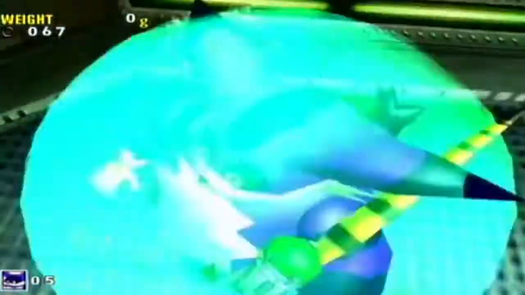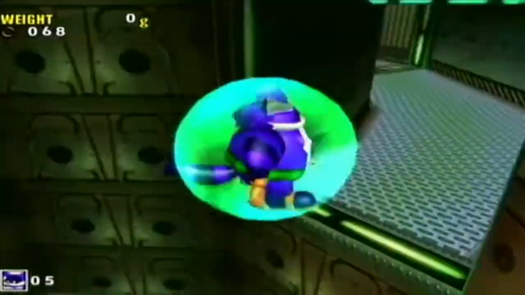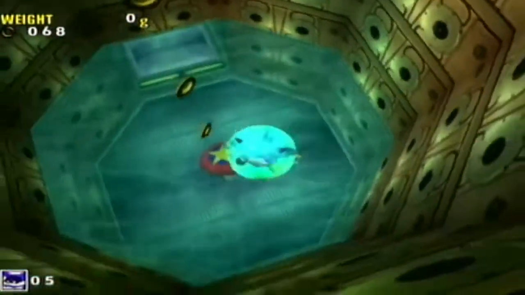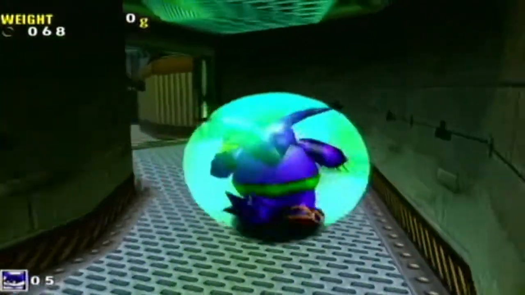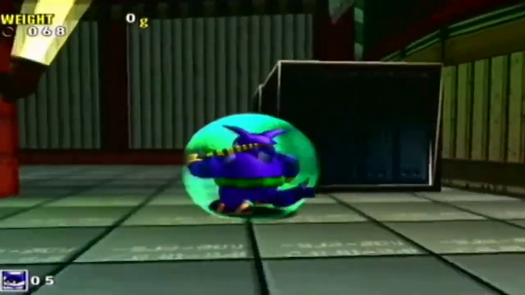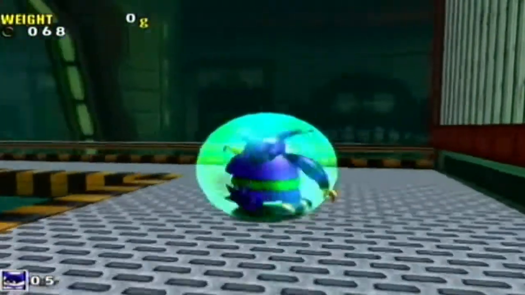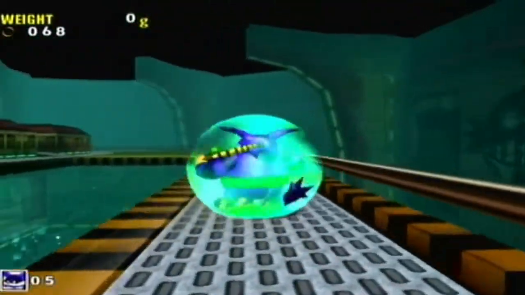Anyway, you go over here, and you're going to see me mess up a couple of times, because the physics on this spring are really weird. You have to essentially hold down A, which doesn't really make any sense, and guess what? Over here is a secret aquarium! Again, really cool if we weren't playing as Big. Anyway,